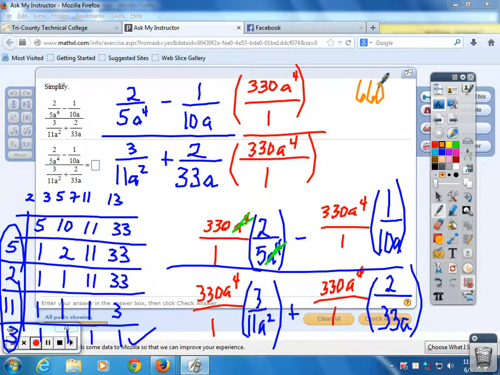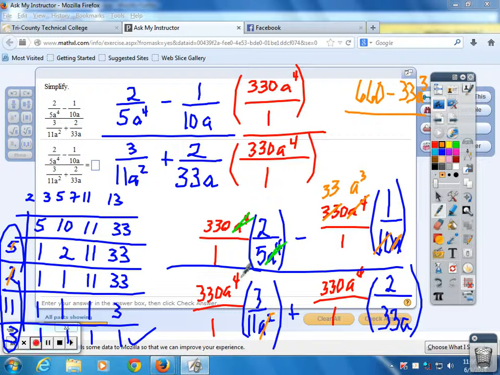And we'll come over here. The a to the 4th, that a cancels that a to the 4th, leaving a to the 3rd. And then 10 will go into 330. We'll just take the 10 out. How many times? 33 times. 33, and that goes out, and you know that's 33, but sometimes it's not that simple. So minus 33a cubed over